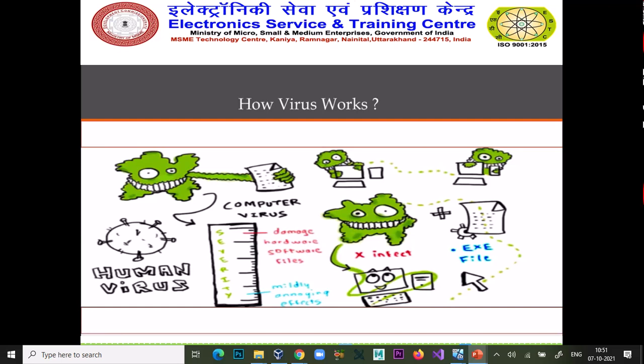So how does a virus work? We can relate it with the COVID-19 virus. If a system has symptoms of any virus, then please leave that system isolated and don't execute any kind of file or copy and paste data from or into that system.